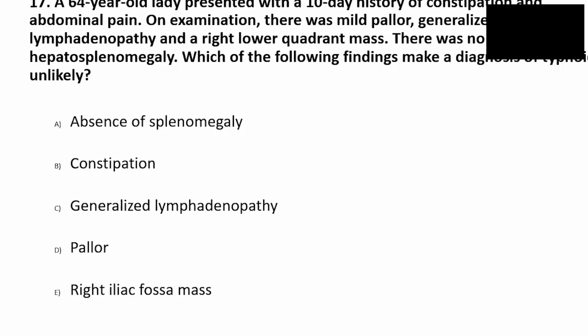Right, we have different answers popping up. Okay, so here we talk about typhoid. A 64-year-old lady presented with a 10-day history of constipation, abdominal pain. On examination, there was a mild pallor, generalized lymphadenopathy, and a right lower quadrant mass. There was no hepatosplenomegaly. Which of the following findings make a diagnosis of typhoid